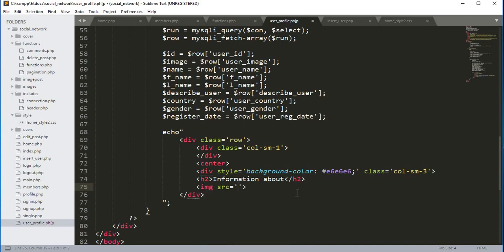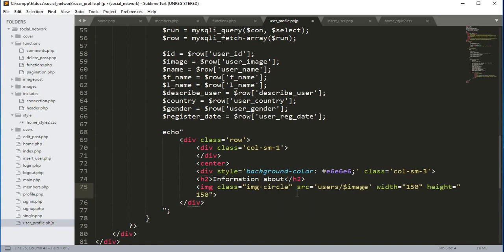So for that we will type img. src will be the users folder, and the image variable, and its width will be I think 150, and height will be also 150. And over here we will add a class, img-circle. And after the image we will add a br,